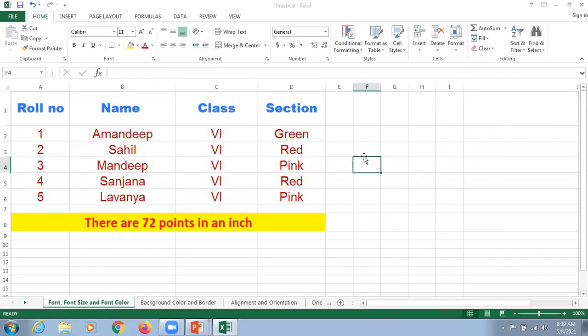I think so that right now we are going to understand how we are going to apply a font, how we apply a font size, and how we are supposed to apply a font color. I'm just checking that you are able to do that. So kindly type in the chat box if you are able to understand.